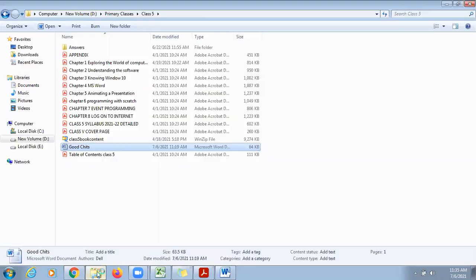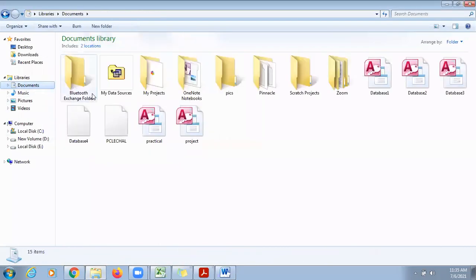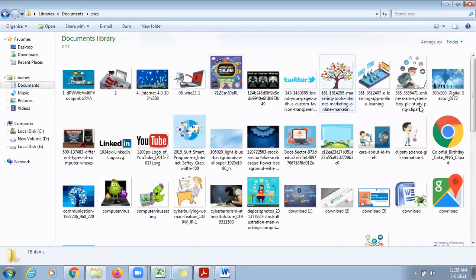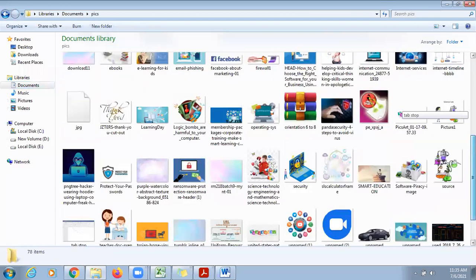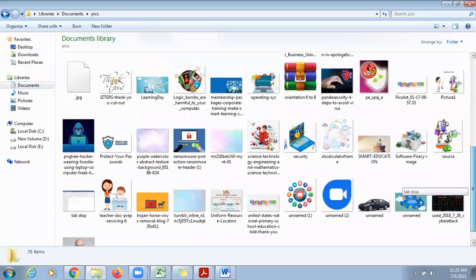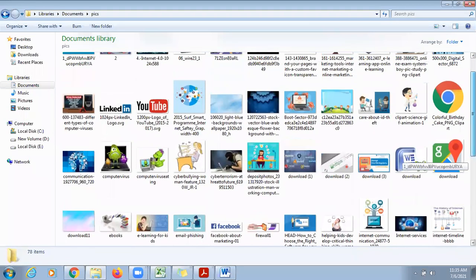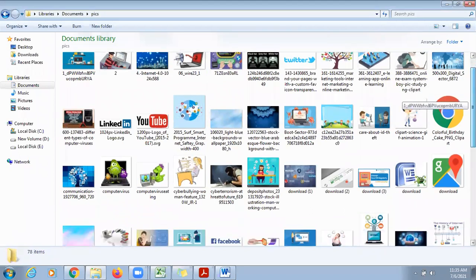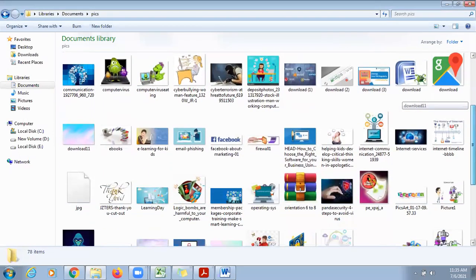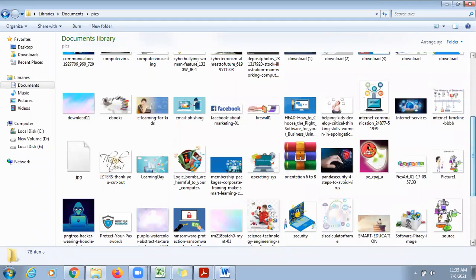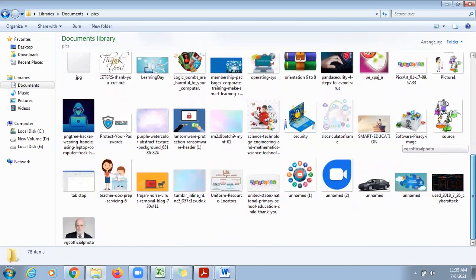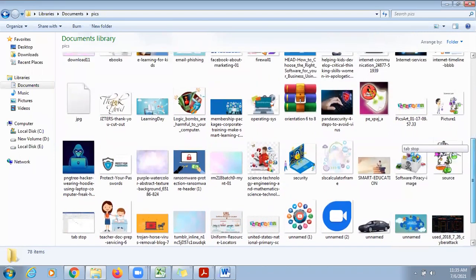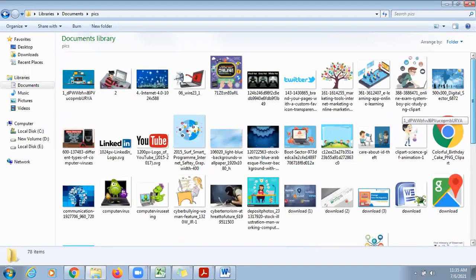Now open the folder where you have saved your image. Documents, pics. I think the image is not saved.